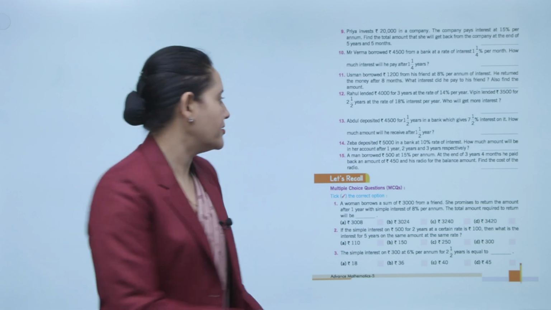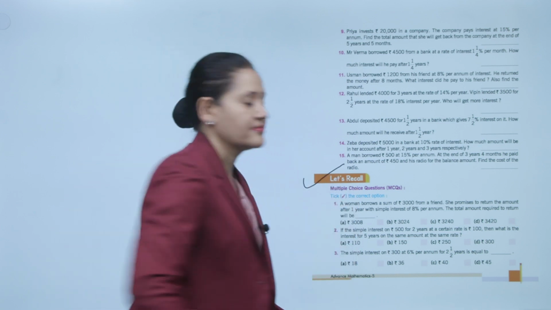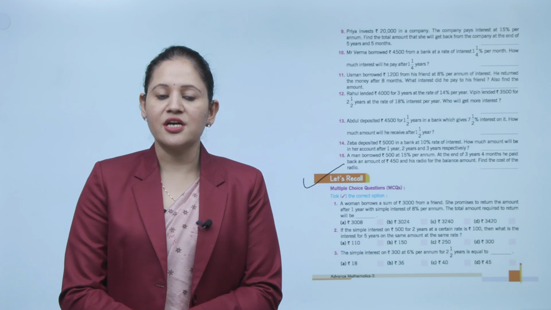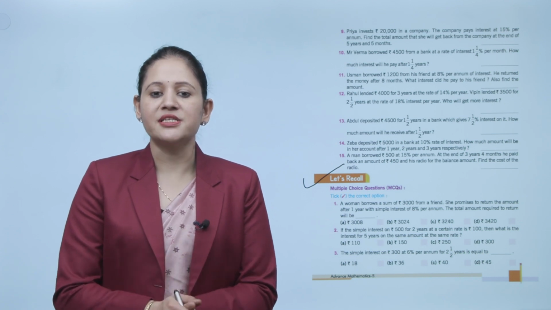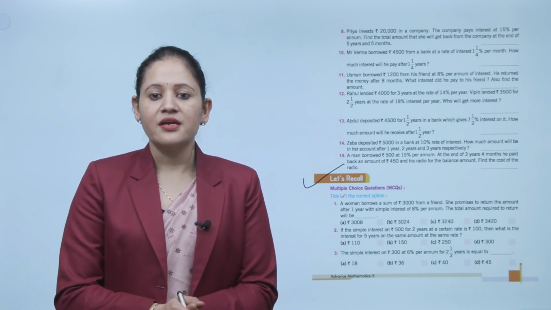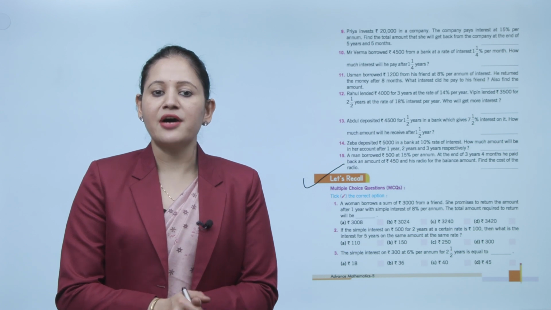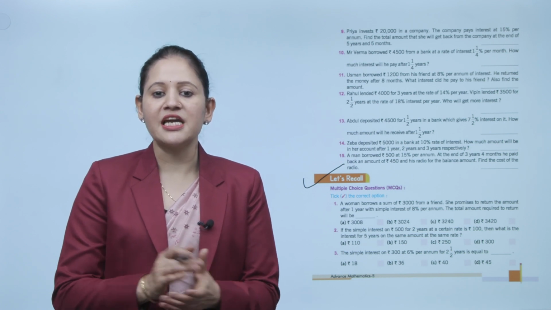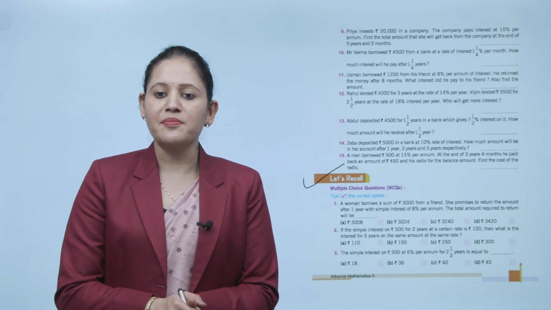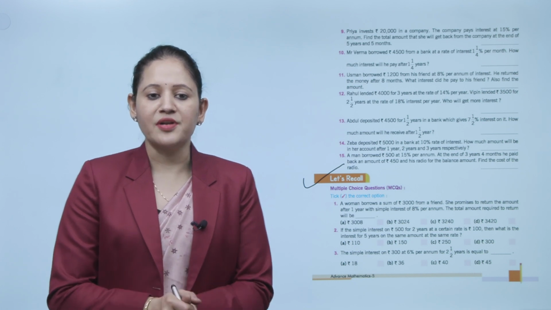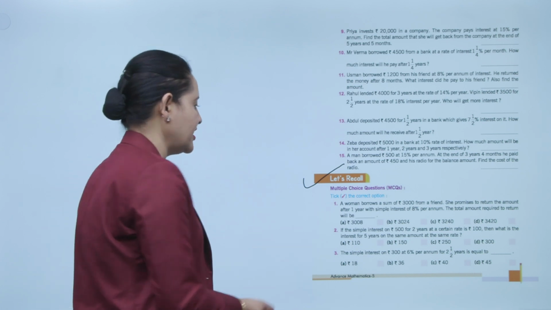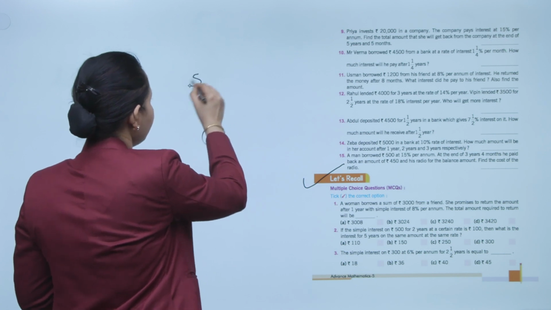Next, let's recall. Take the correct option. A woman borrowed a sum of rupees 3000 from a friend. She promised to return the amount after 1 year with simple interest at 8% per annum. The total amount required to return will be? So first we'll find out the interest. Simple interest